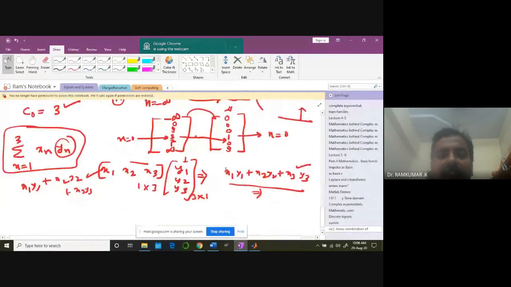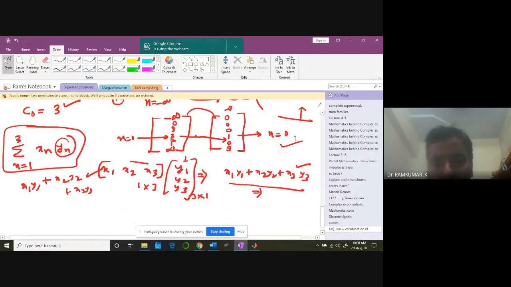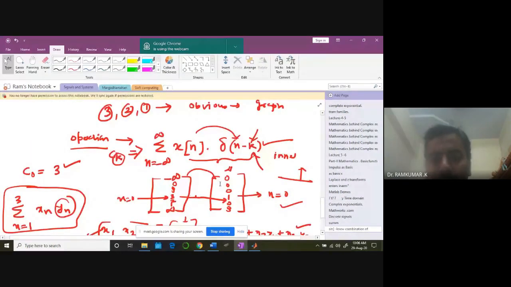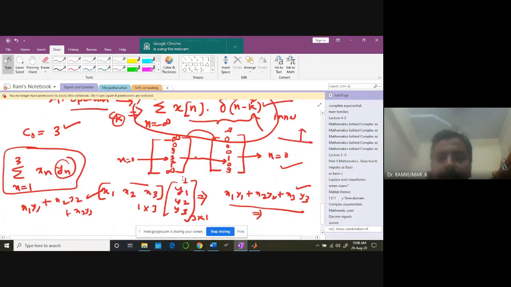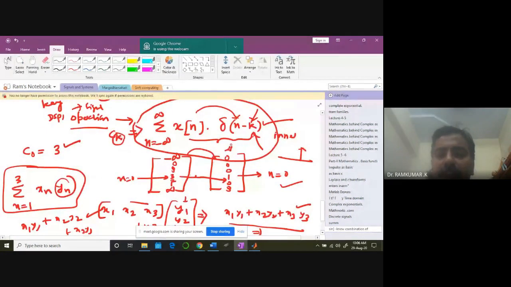Anybody having difficulty in understanding it, please raise your doubt again. In fact, I'm spending some time here primarily because this idea is a key concept in the entire DSP, control systems and signals and systems subject. It's a key idea. So did you understand the summation clearly? What does the summation tell? Can somebody tell? Summation with the inner product. You understand this? Can I proceed? Anybody having difficulty? Please raise your doubt now.